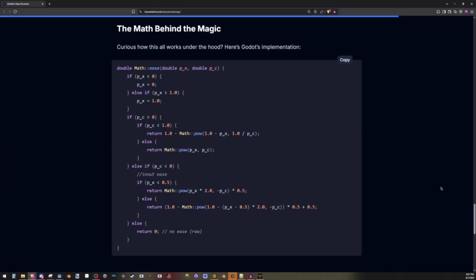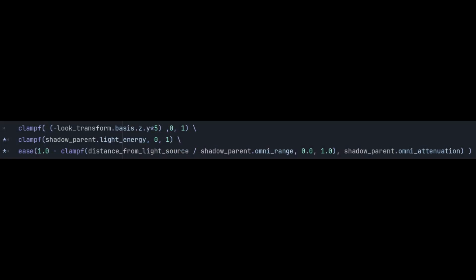Knowing what it does under the hood though, I'm sure we can all appreciate how lucky we are not to create functions like this when we have one in the engine to start with. So we can use the ease function to simulate the attenuation of the point light's intensity as the light travels further from its origin, multiply that with the intensity of the light's energy, and also account for height to prevent